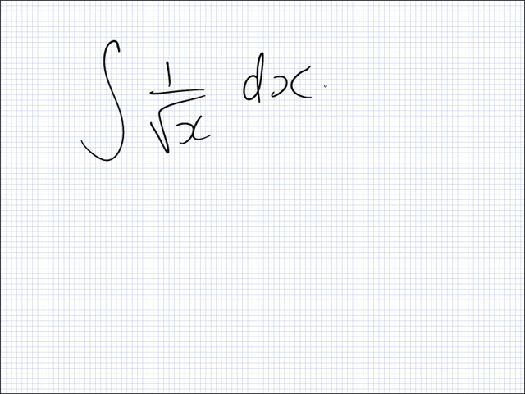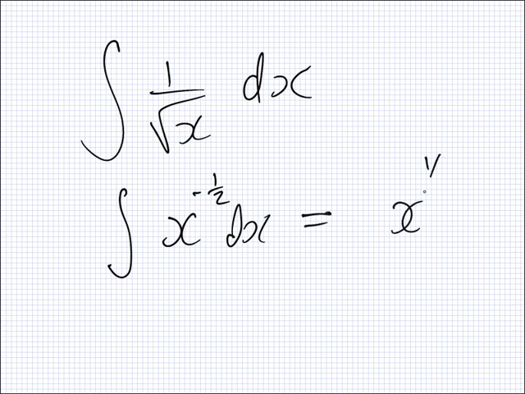Okay, we got answers? What should I do first? Well, before I do anything, I should change the power to minus a half, yeah? And now increase the power by 1? Divide by the new power? Plus c? So this is equal to, if I simplify the answer,